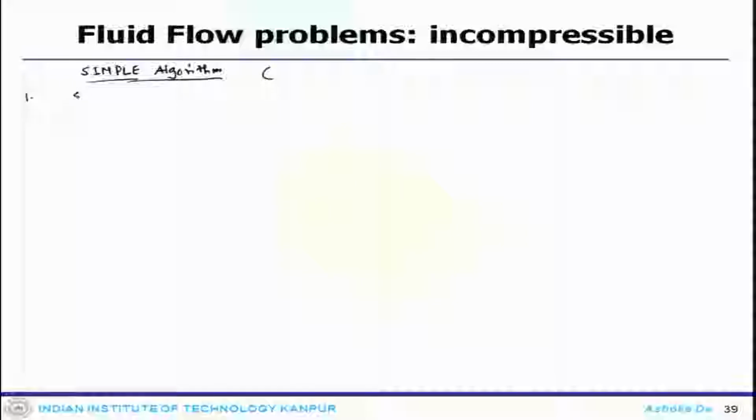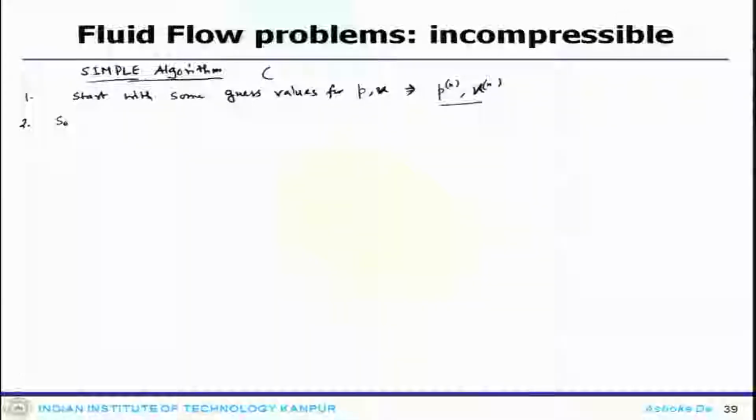You start with some guess values for pressure and velocity, which will allow you to compute P n, U n, whatever you call it, because it is a one dimensional system. So, that will compute these things at every location in the domain. That is the guess value or the start value.